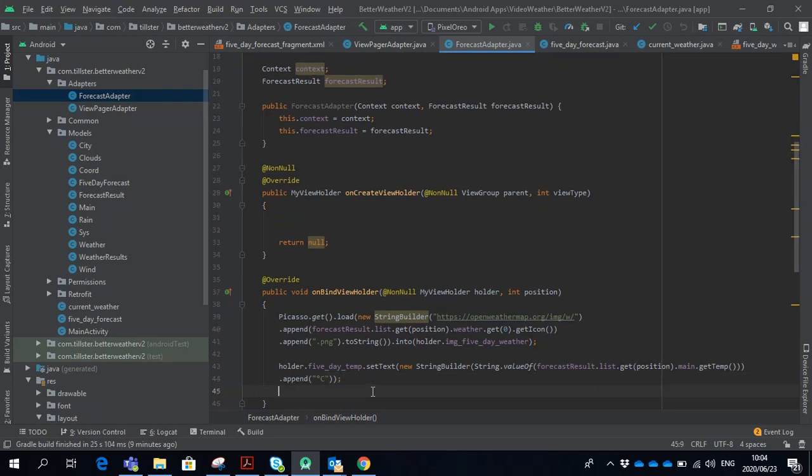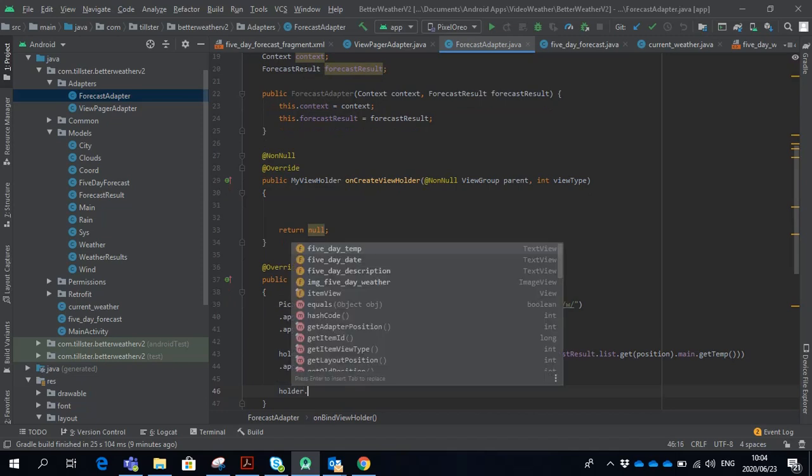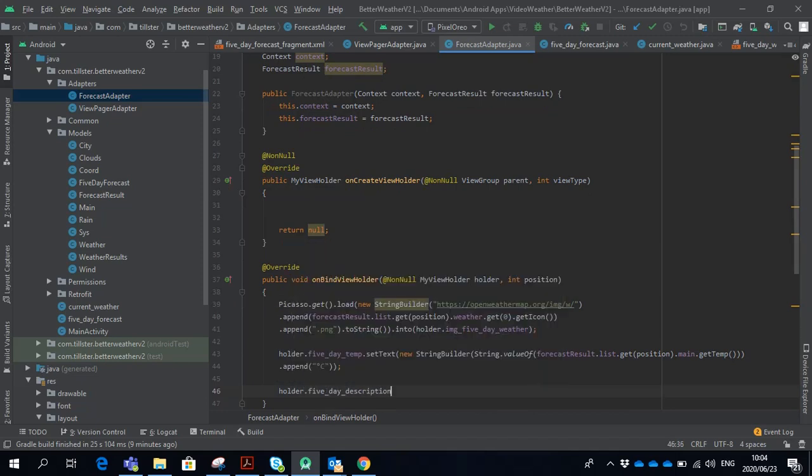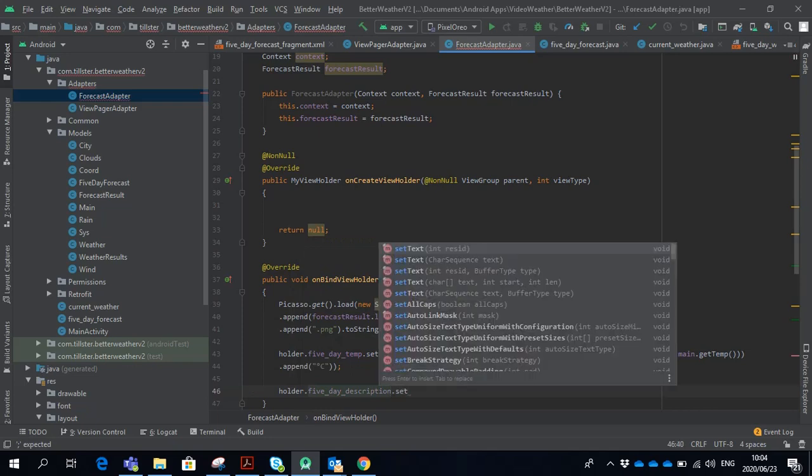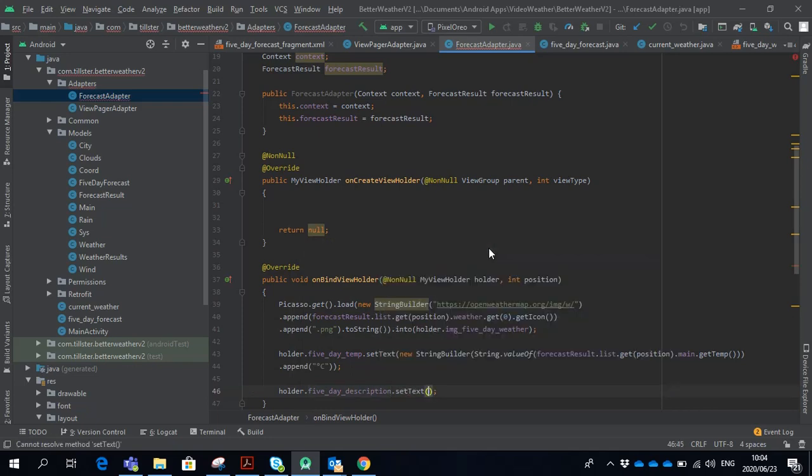So now we have the temperature, we need the description. So we're going to say holder dot 5-day description dot set text and the whole shebang again. We are going to say, oh, I forgot one thing. Let's go back up here. Sorry for that. But you know where we say